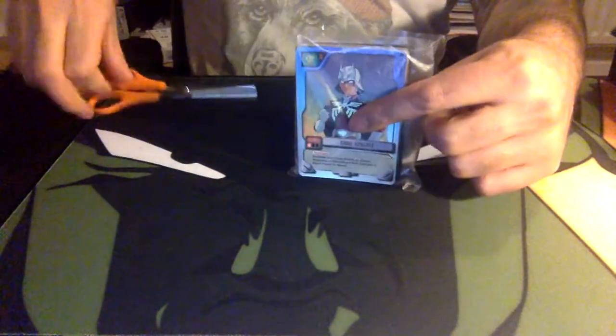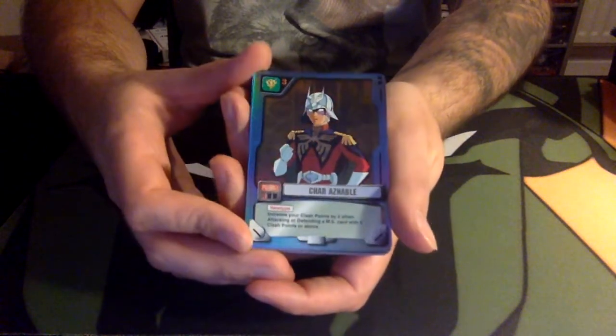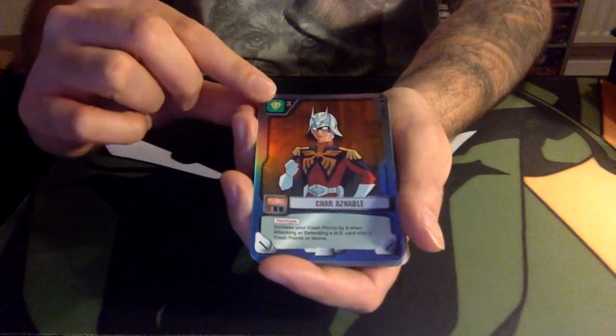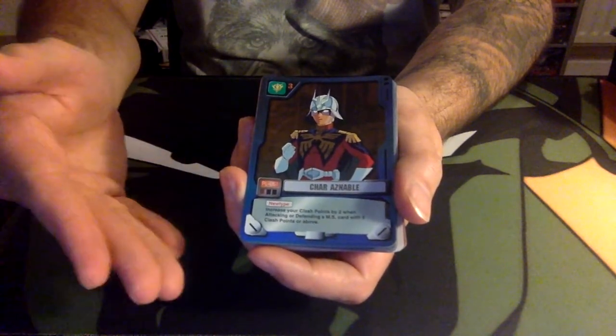Let's see what we got in here. Expertly sliced open with a pair of trusty scissors, and immediately we are greeted by Char himself, one of the two foils from the set. Really good pilot, although a little bit expensive for a 3 cost, but basically he's new type, so that means that he can block